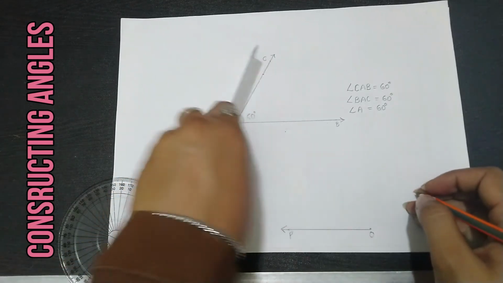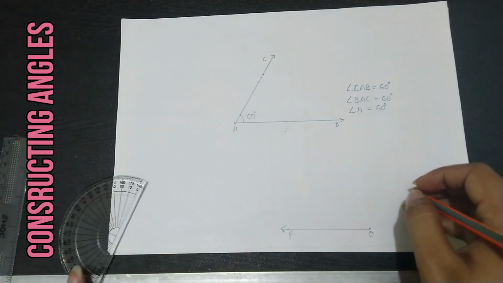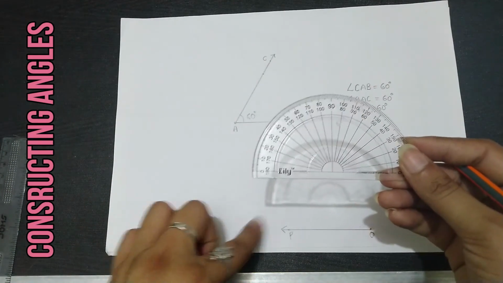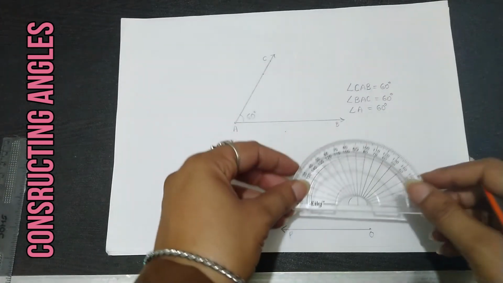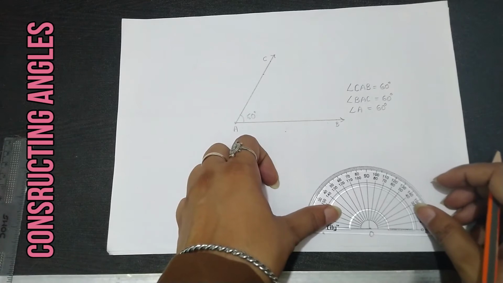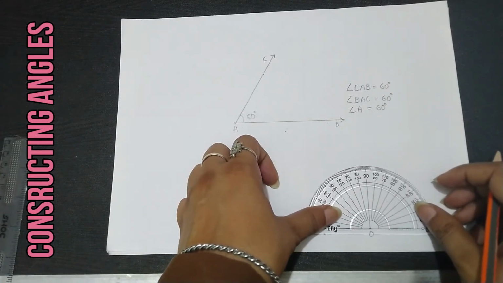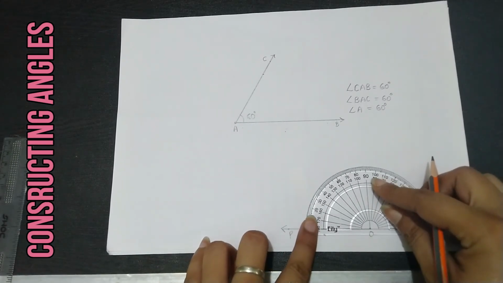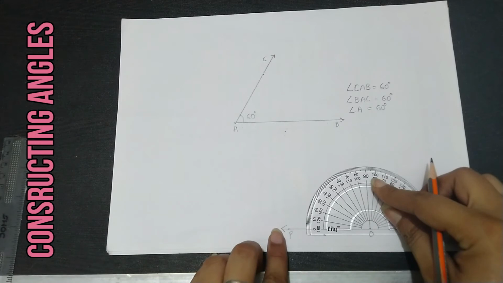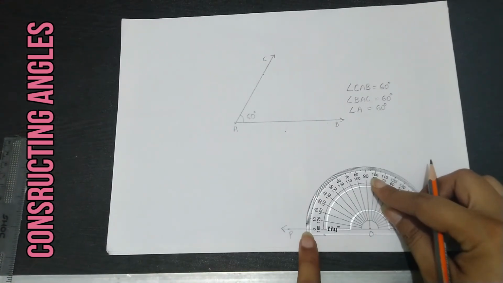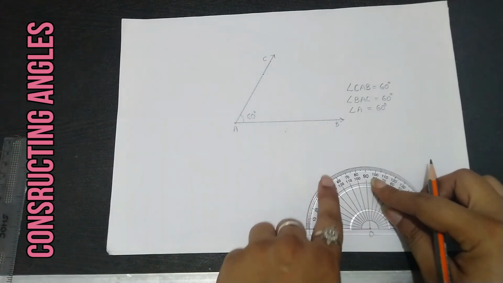Okay children, now when I am going to place the protractor over this, which side I am going to place? This side, left side or right side? Yes, at the right hand side, because right hand side we have the end point, and we are going to place the center of this like this, and it should be on this. And as I told you earlier, the direction of the ray decides which scale we are going to use. So as we can see, the direction is towards the left, so we are going to use this 0, that means the outer scale we are going to use.